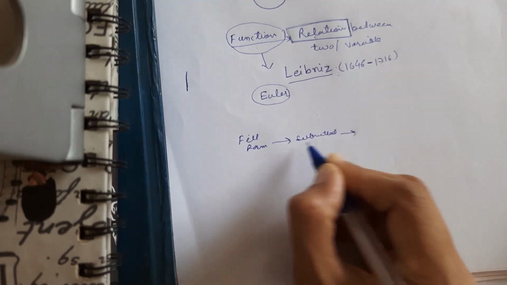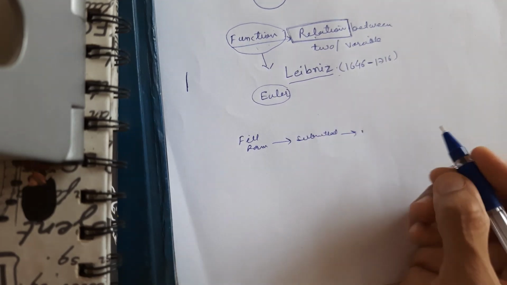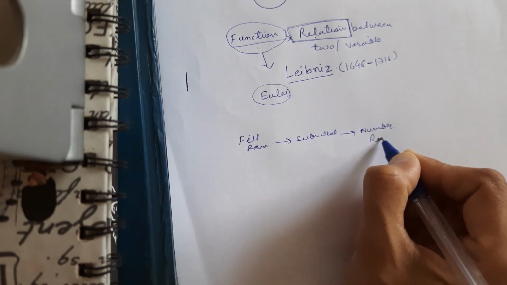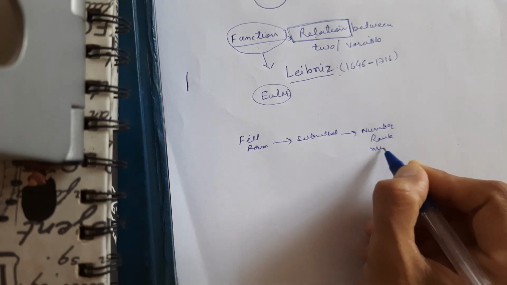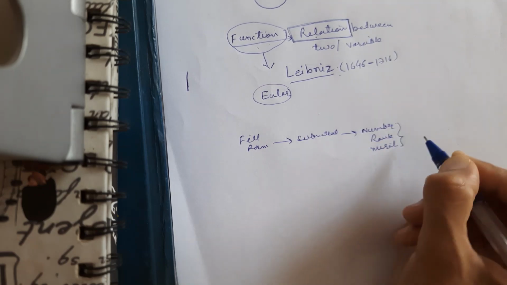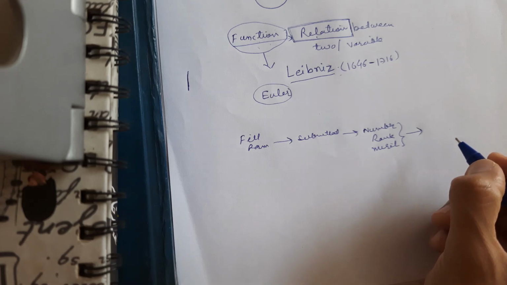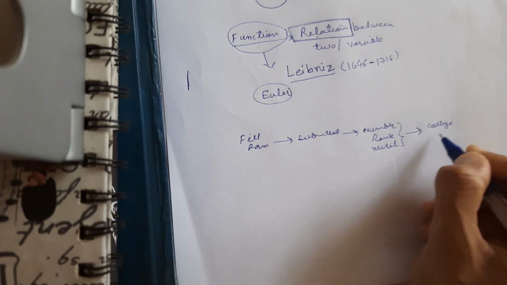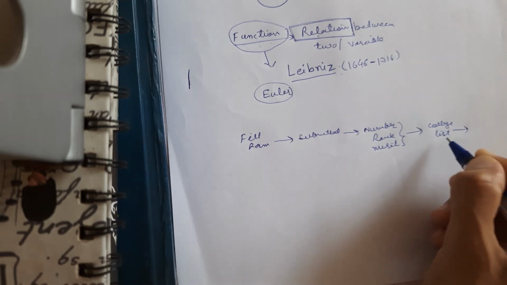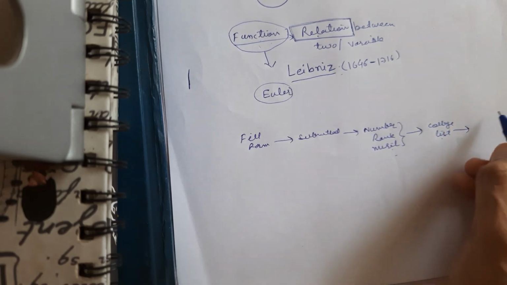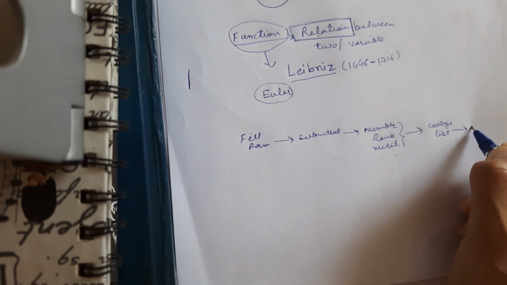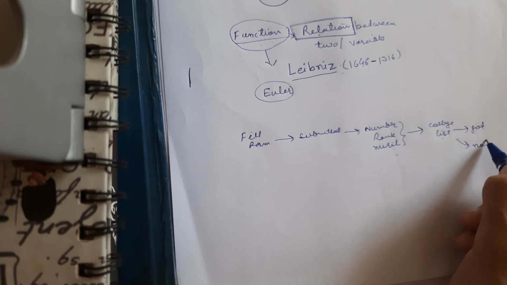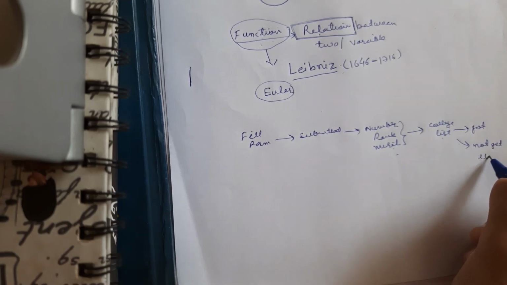Okay, after submitting your form, a number is generated which is called your rank or merit number. Depending on this merit number, you are asked to provide a college list that you want, and depending on your college list and your merit number, you get the admission or not. Okay, got the admission, not get the admission.